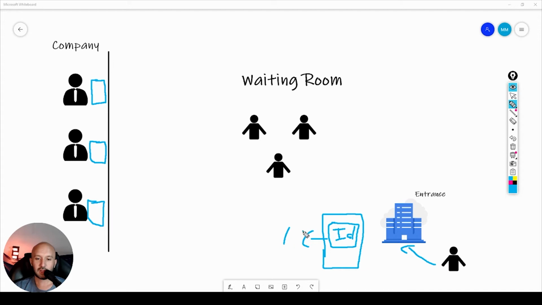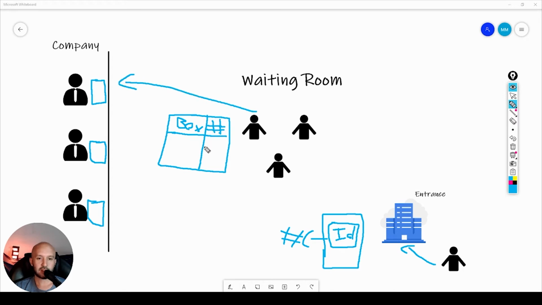Then you see a panel here in the waiting room that has all the boxes and the number each box is serving. That is the optimal solution you will see in banks and many places, and then you just go to the box corresponding to your number on the panel.